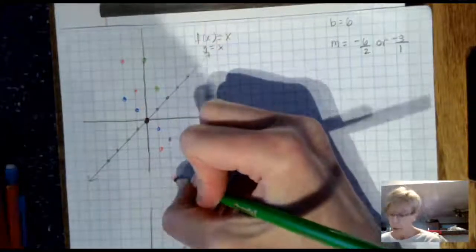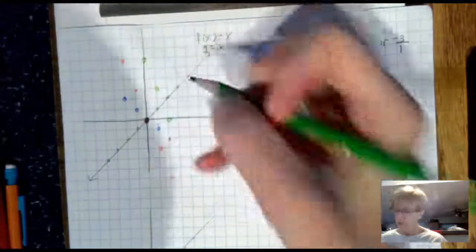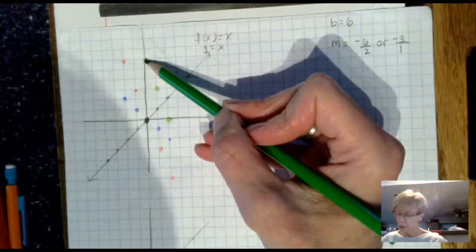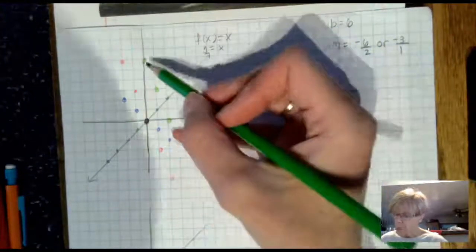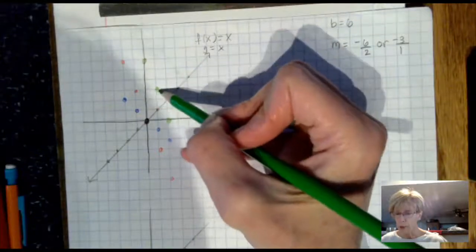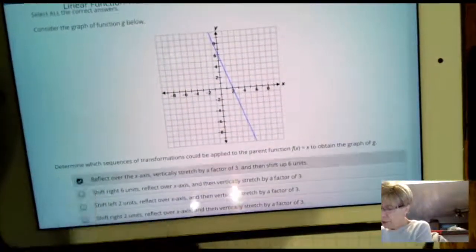In the very bottom red point, 1, 2, 3, 4, 5, 6. You'll notice if you look at here, the y-intercept is 6, and then the slope is down 6 to the right 2, or down 3 to the right 1. So our first choice there is reflect over the